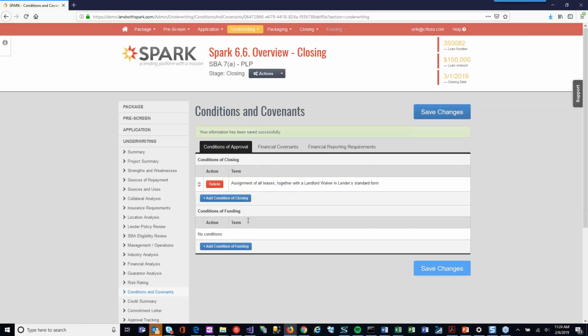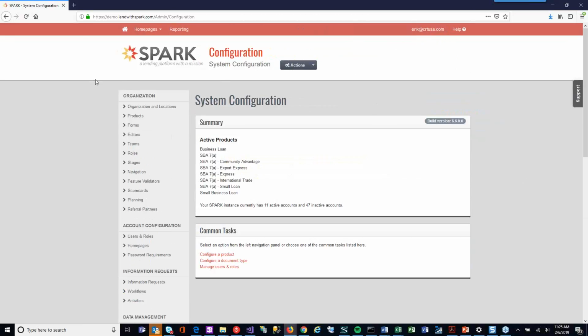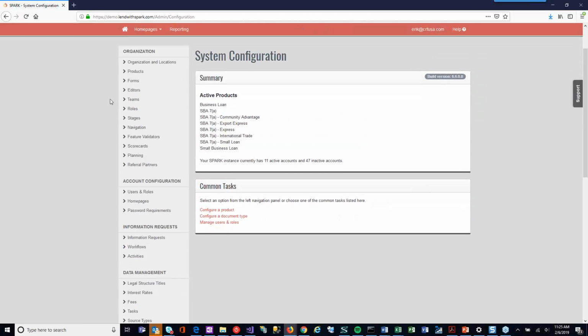So what we've done, because a lot of lenders have either conditions that are kind of boilerplate that they always want included, or they want to just be able to see a default set of conditions, and then start from a set of conditions and be able to delete the ones that don't apply. You can kind of reverse that concept now. And so what we have set up, I'm going to jump over to the configuration area. If we scroll down to